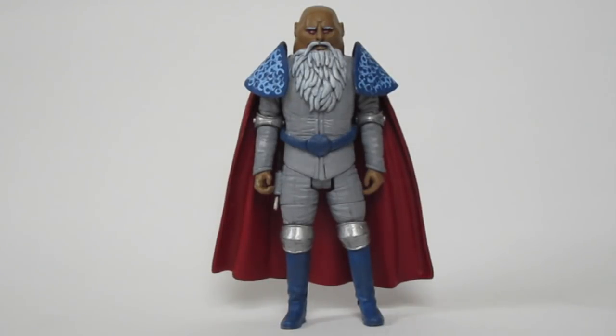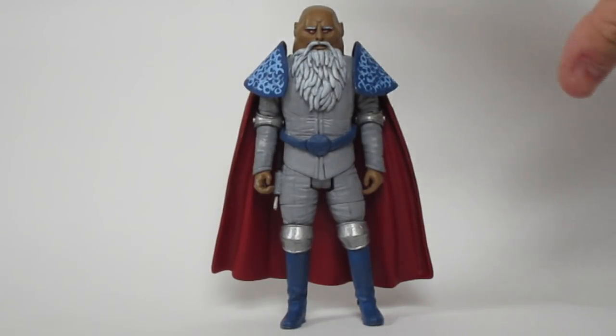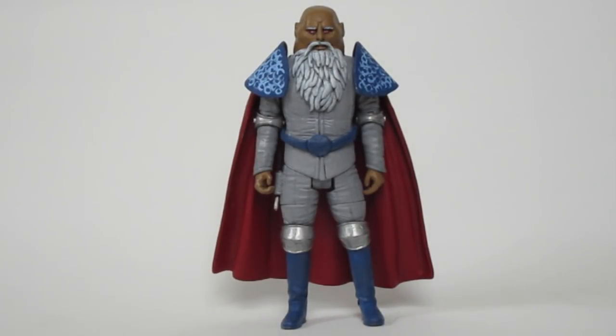But I really have to question, and I don't know if the BBC are going to be watching this video. Most likely not. But I have to say, this would be amazing to have in the show. Just the classic outfit, but then with the contrast between the blue and the red. And I mean, really just imagine if this guy, Sontaran Prime, appeared on the show. It would be absolutely fantastic, and it would be great to hark back to the classic Sontarans in a way, you know, this